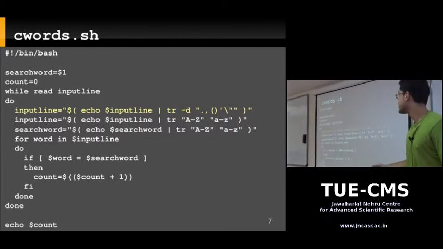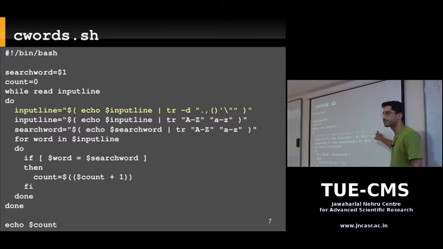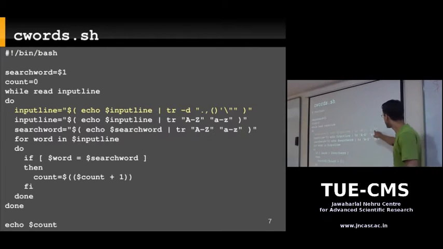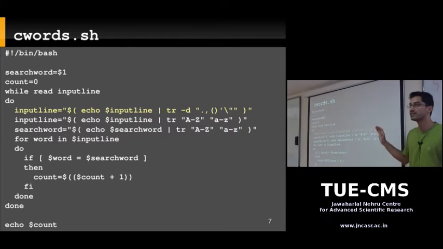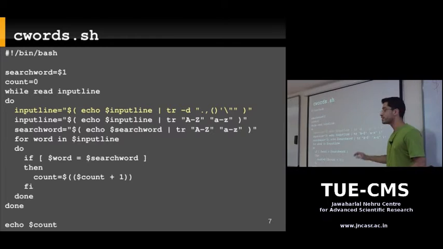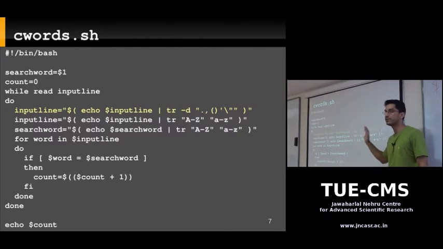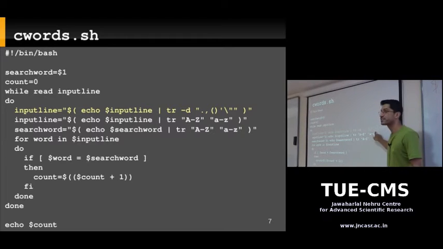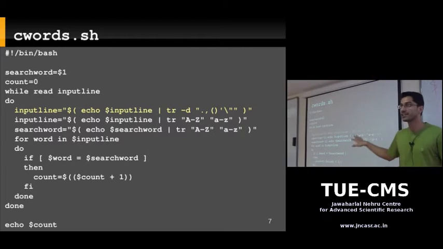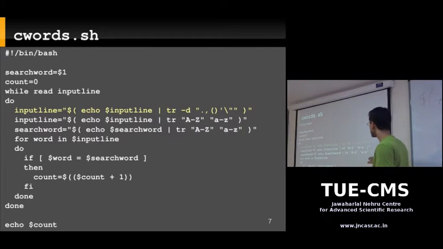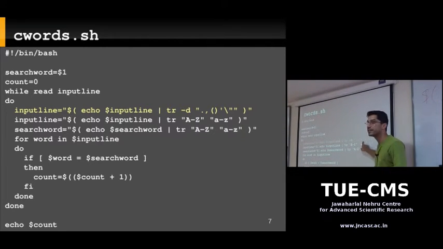So how do you tell the shell to ignore this quote? You use something called an escape. If you want to tell the shell to ignore this quote, it's not a closing quote character, it's just a literal quote, and pass it directly to tr without any processing, you just put a backslash before it. In your path names you use a forward slash; this is a backslash. So backslash removes the special meaning of the quote character.